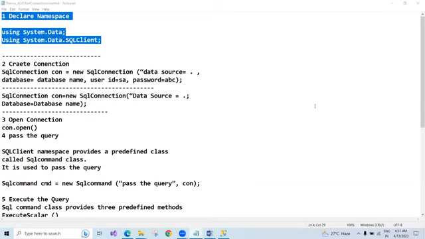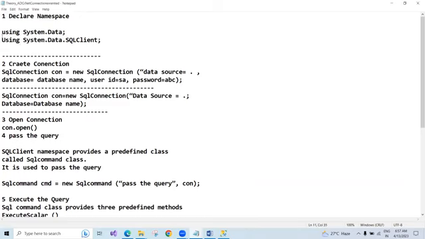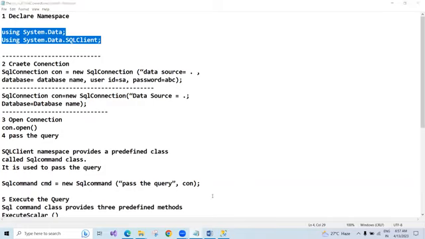So what is the first step? Declare the namespace. Now, can someone tell me? I will ask. What is the first step? Declare the namespace. What are the namespaces we need to use here? System.data and system.data.SQL client. So I'm just